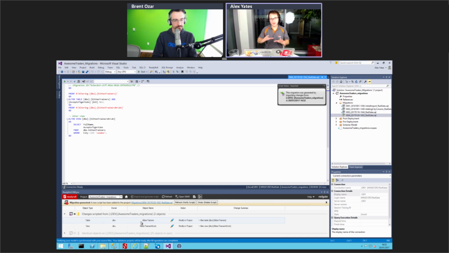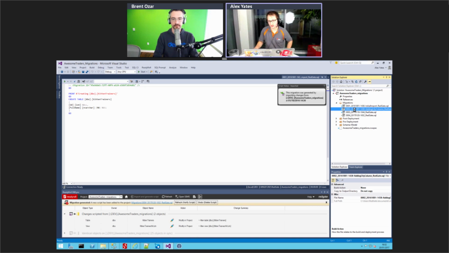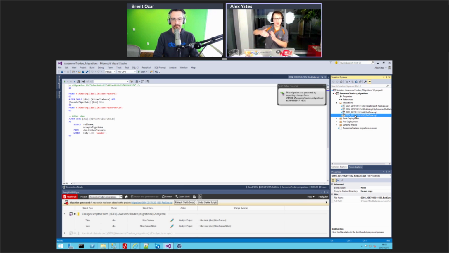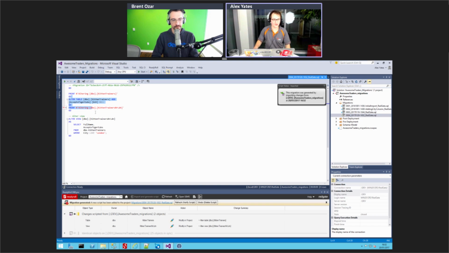What we're doing now is, again, comparing the state of my development database to the state of my project that I can source control. And this time what I've come up with is an additional migration script. You can see in the top right-hand corner here, we've got all of these upgrade scripts one by one that apply my database updates in sequence, and this time you can see I have not a create table, but an alter table. I am adding the column, and then I've got an alter statement on the view as well.